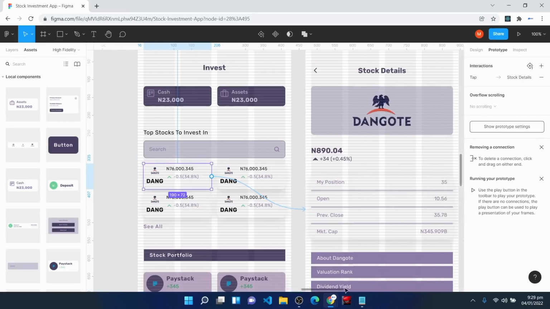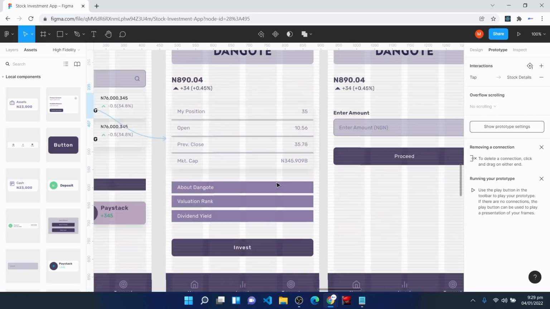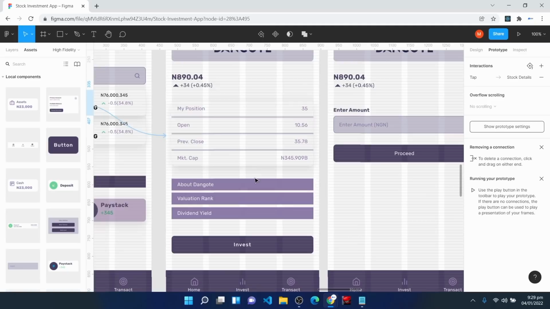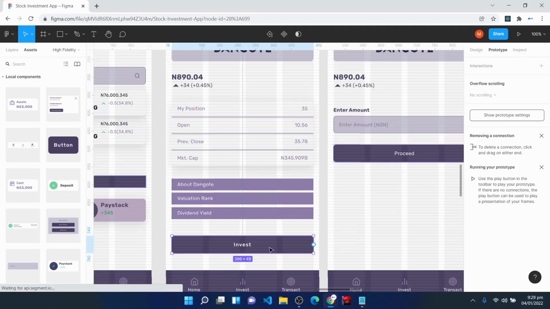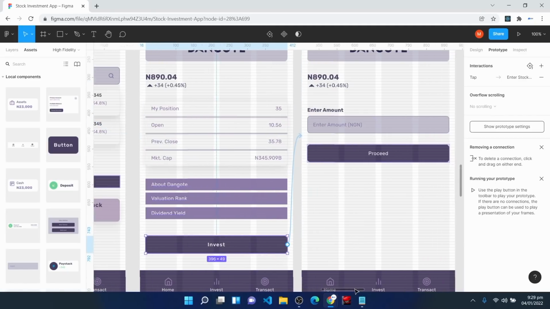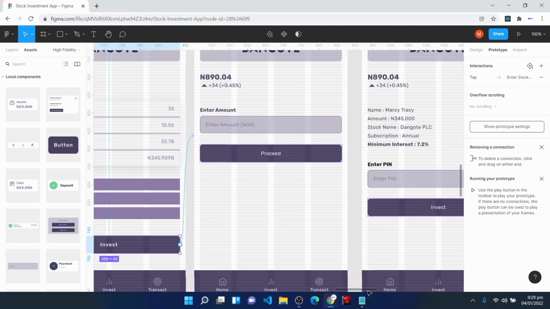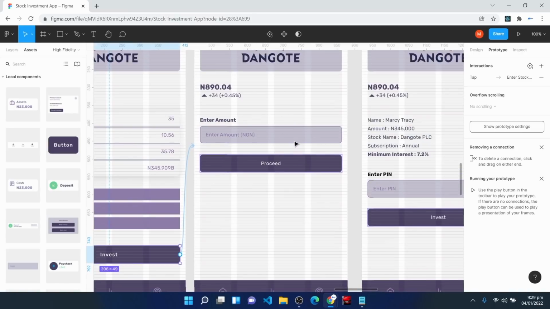When the user gets to the stock details page and the user is okay with all of these details here, the user will click on the invest button here. And when the user does that, the user will come here and be required to enter the amount that they wish to invest in that stock with. When the user enters the amount and clicks on the proceed button, the user will be taken to this page,